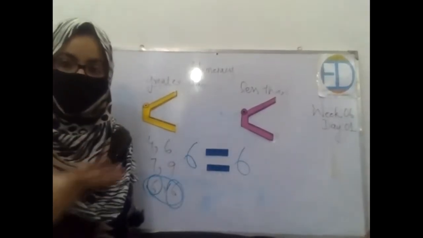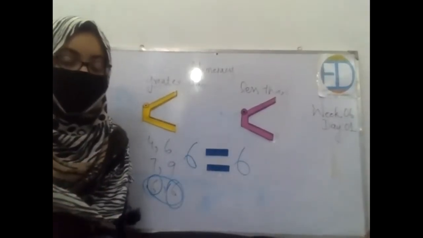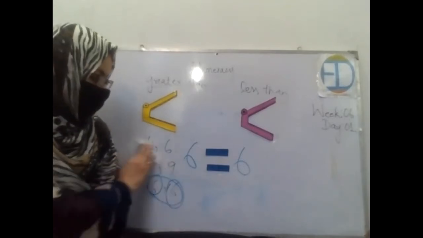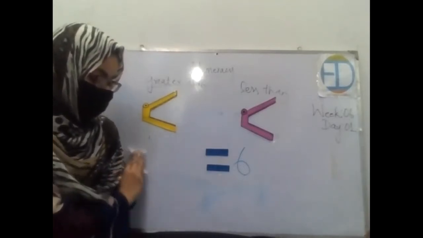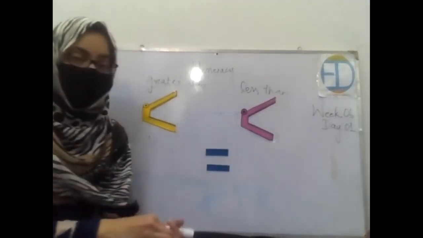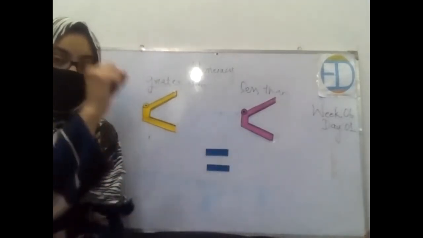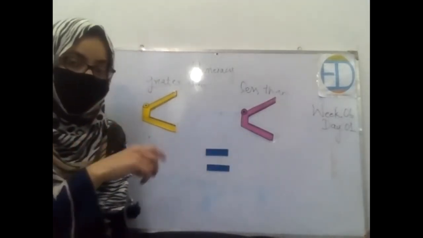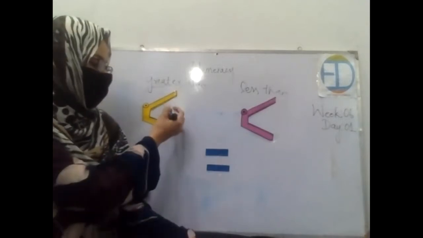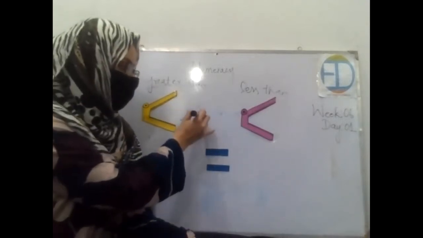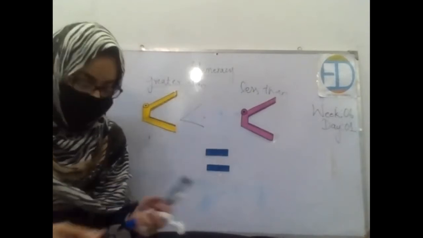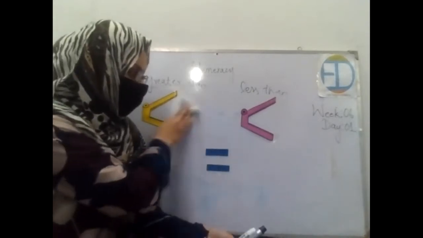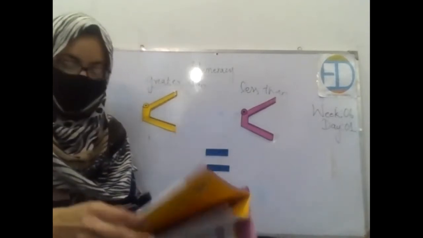Okay, so you have seen the video in which the same concept was explained, right? That for the number which is less, or which is smaller, we use an L-shaped symbol in front of it. And similarly, the open part of this crocodile mouth, or the open part of this symbol, is toward the number which is greater or which is higher. Got it? Okay.